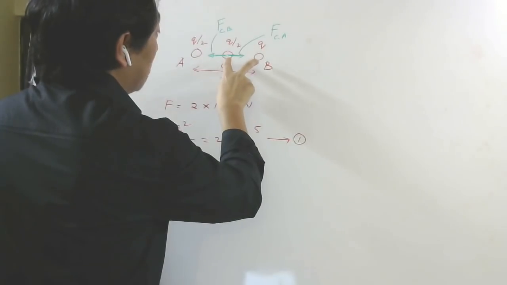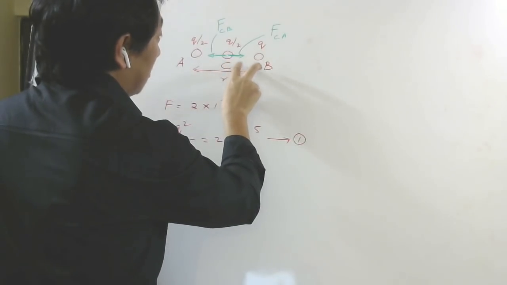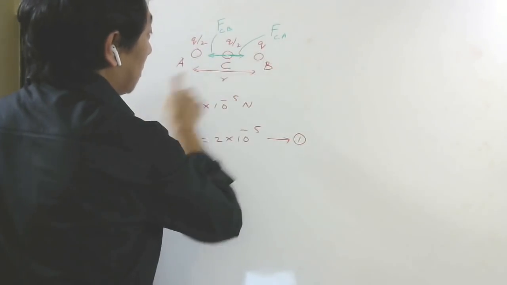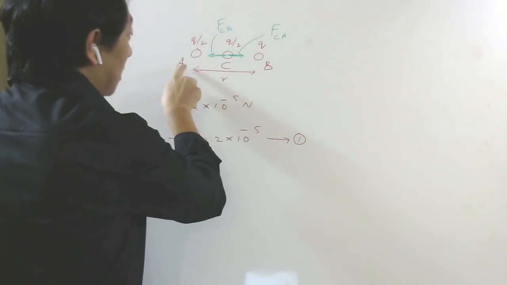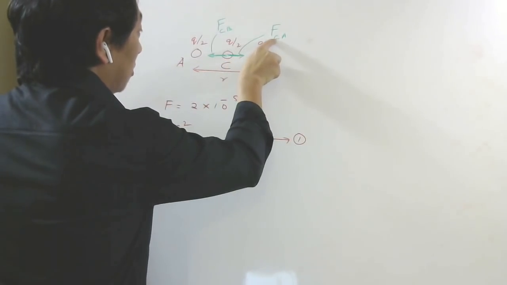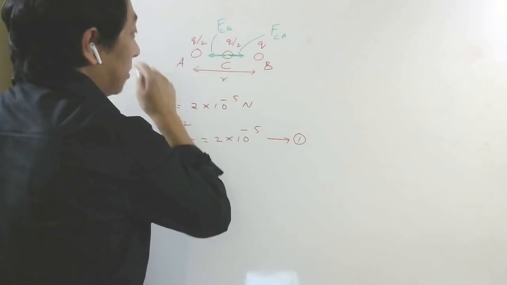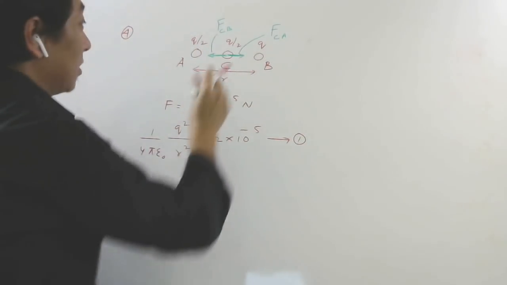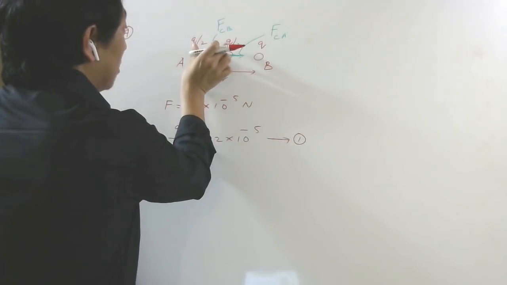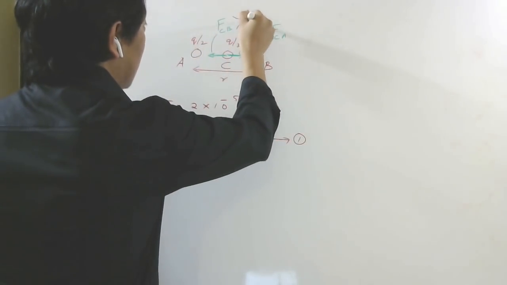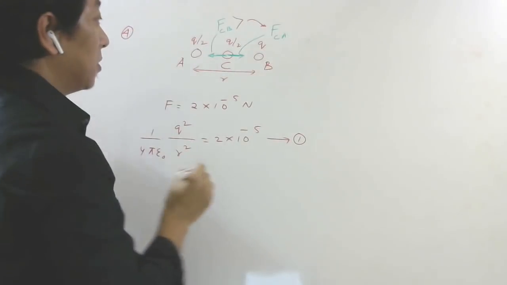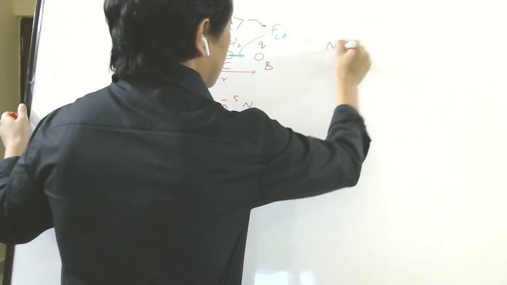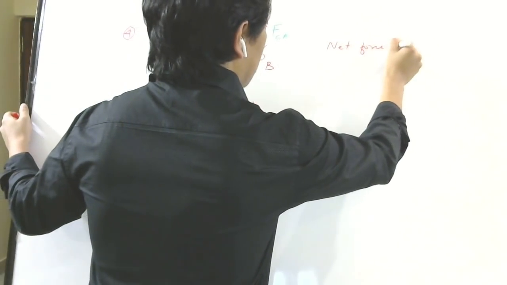C and B. Now the product of the charges for C and B is Q into Q by 2. This is force on C by A, and for this the product of the charges is Q by 2 into Q by 2, which is small. Q into Q by 2 is small, right? So since this product is more than this product, this force will be greater than this force. So the net force on C